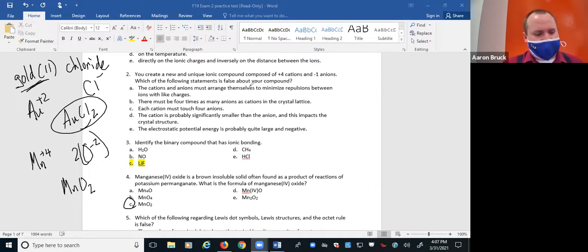Lead and mercury, yeah. Lead can be either 2 or 4. Mercury can be either 1 or 2. And with mercury, that one's the most difficult because we've got